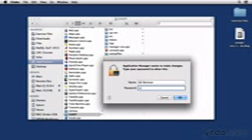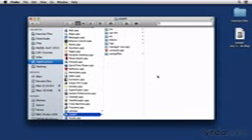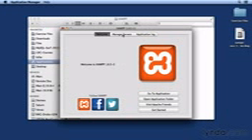I'm just going to type in my password. This is my system password because it needs administrator privileges. And select Manage Servers. And you notice that it already started Apache because we just installed. That won't always be the case though. So you may have to select that and press Start,